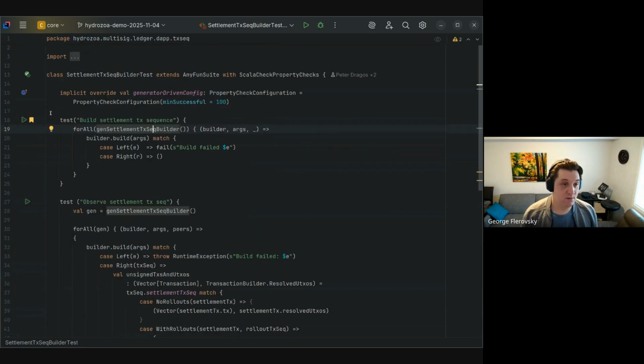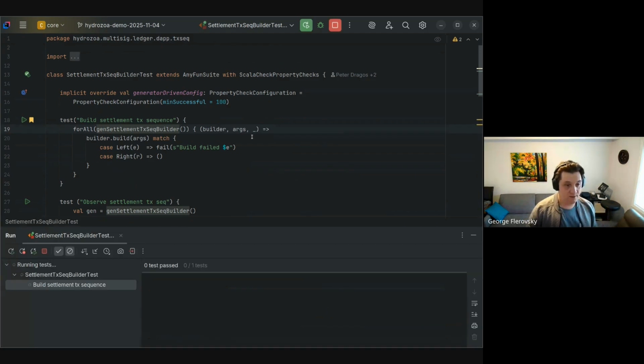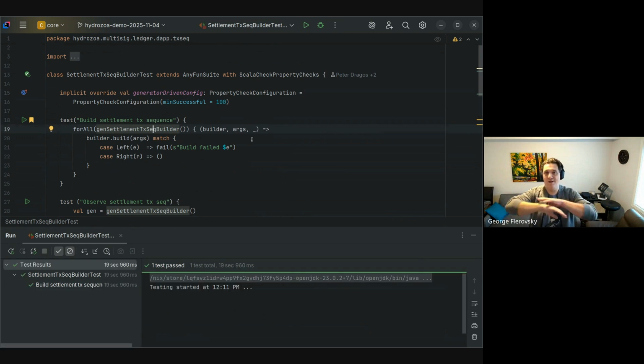And so, yeah, this works. And in this case, I'm going to run this test. I think it takes about 20 seconds because right now we're not doing things very efficiently. We're being extra paranoid about correctness because in our current code for building the settlement transactions, every time we add an input or we add an output, we are actually validating the entire ledger rules and we are doing script evaluation,